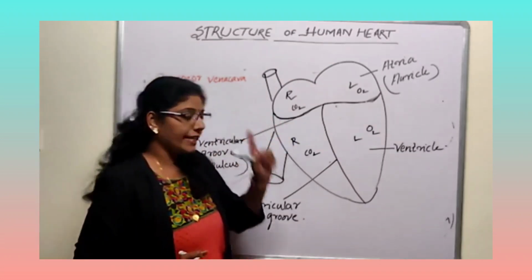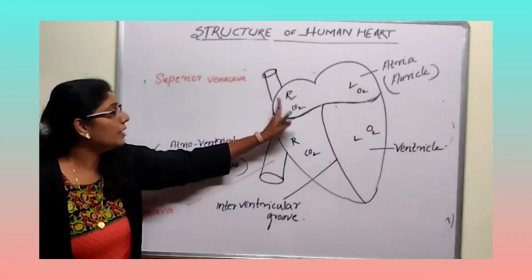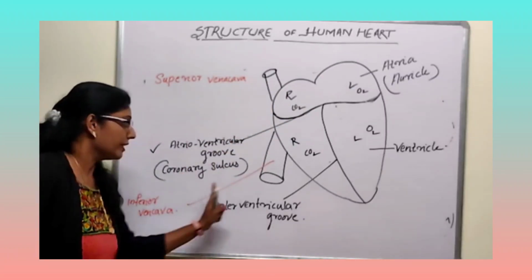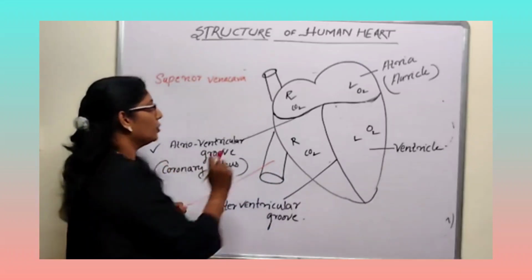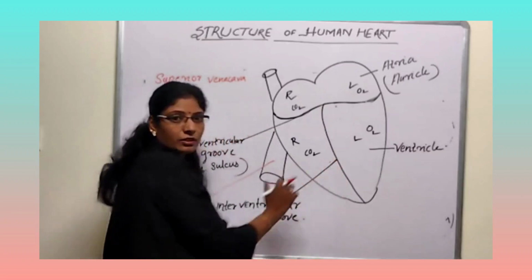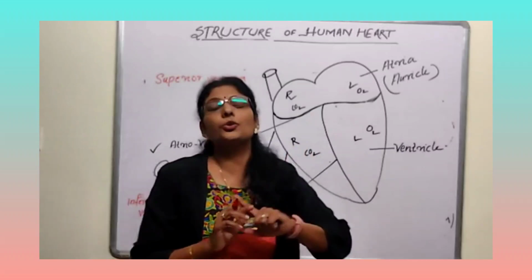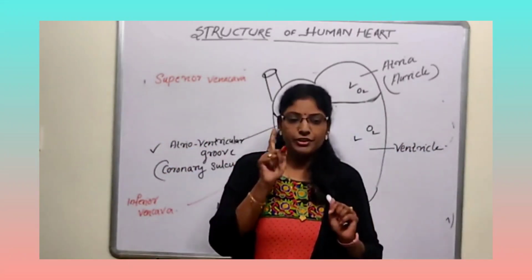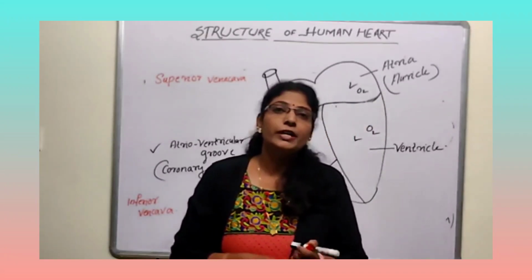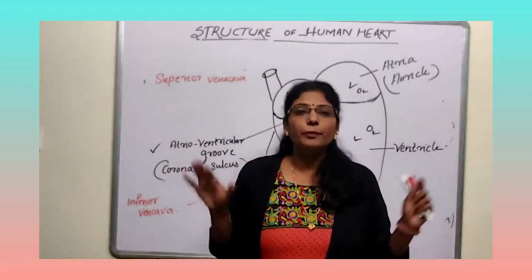So, once again I am telling the blood vessels which will carry impure blood to the right atria, that is superior vena cava and inferior vena cava. Okay, now from this right atria, the blood will reach the right ventricle. So, we can see one blood vessel; this impure blood has to go to the lungs for purification. We already studied that the heart is located in between the lungs. So, impure blood will go to both the lungs for purification.